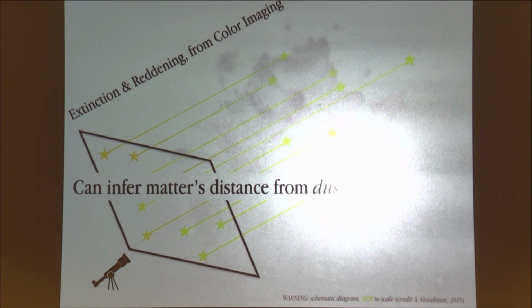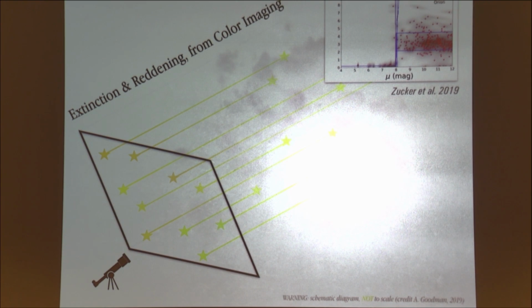And all I'm going to say is that you can infer the distance of matter along any so-called sight line from this technique. And this is just a sample of hundreds of figures like this in all of these papers that show you what happens when you look. So this is distance modulus, but you can just think of it as distance. And so you start out here, and eventually you get to a point where there's a huge amount of extinction along a particular sight line, and you say, okay, this blob of stuff must be at this distance. Okay?